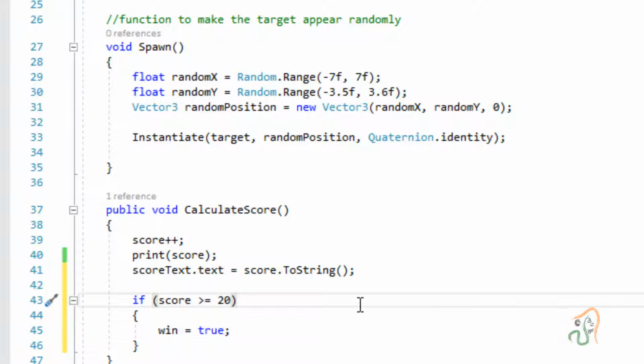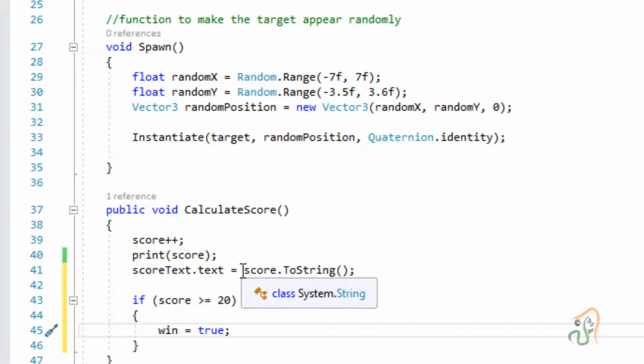So we have just added an if statement here, which states that if the score is greater than or equal to 20, then win is equal to true. So we have added this condition. Now when win is true, the first thing we want is to stop the target from getting spawned one after another every 2 seconds.